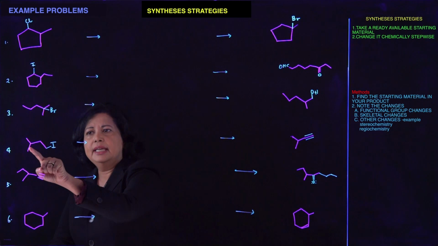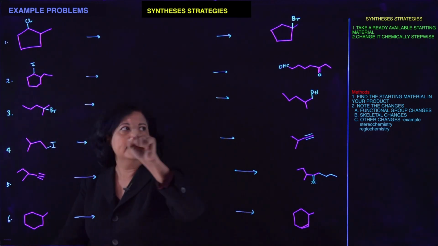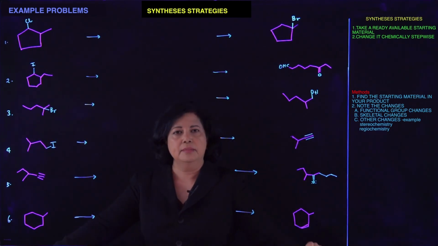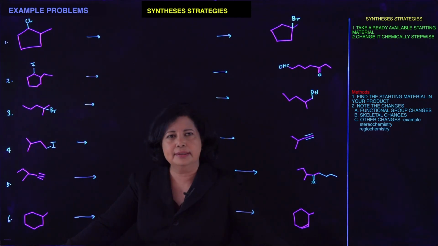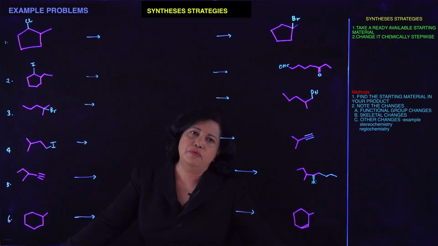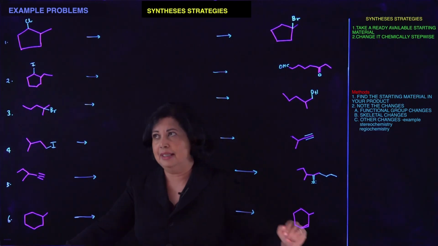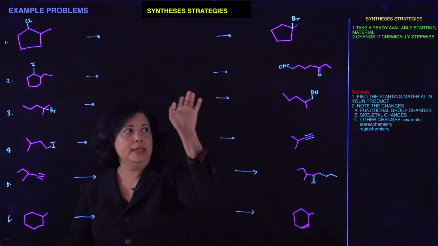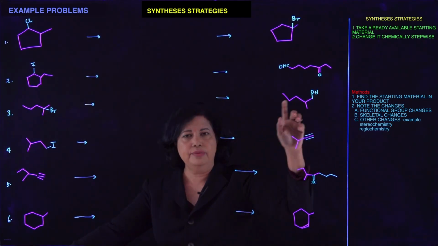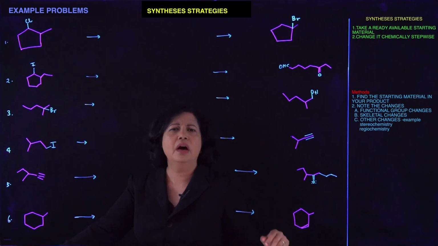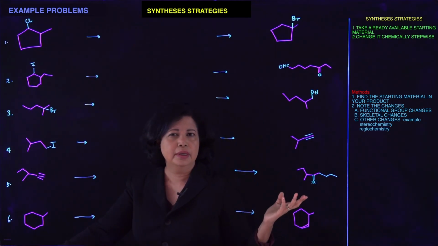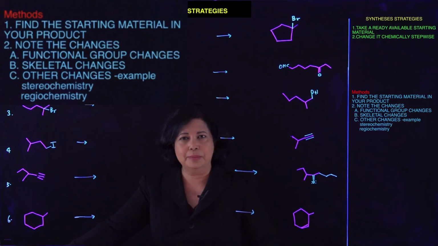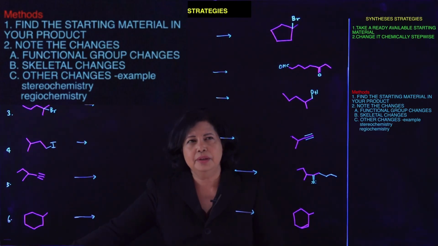Here, you're taking a molecule like this, you're still having the same skeletal structure, so there's no skeletal change. But there's been some functional group change. Obviously, the bromide went away and you're getting a hydroxyl in a different place. So how do you approach this? I mean, what do you do to do the functional group changes? What you can do is